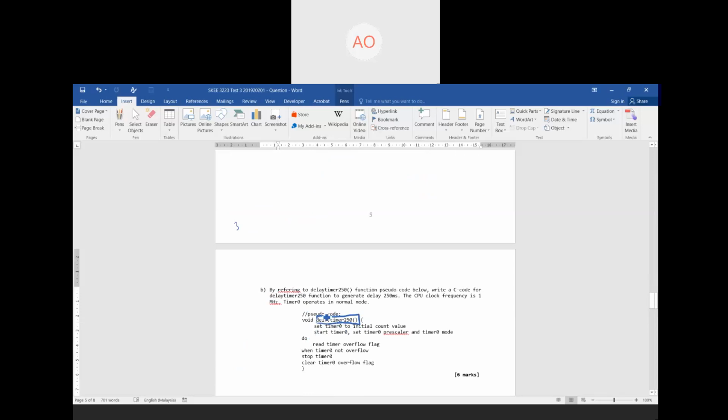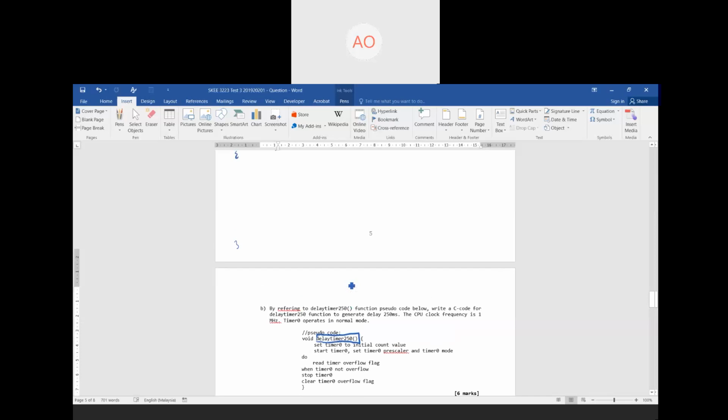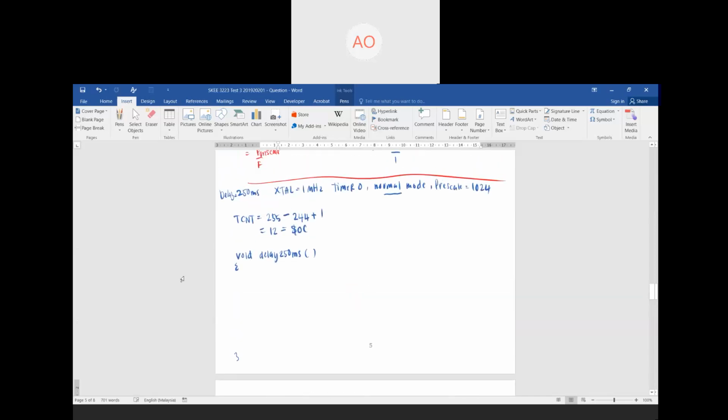By using this pseudo code, the first step is to set timer 0 to the initial count value. According to our timer programming, for the normal mode, what are you going to do for step number 1? What are you going to do to generate a timer? The first step that you're going to do is,